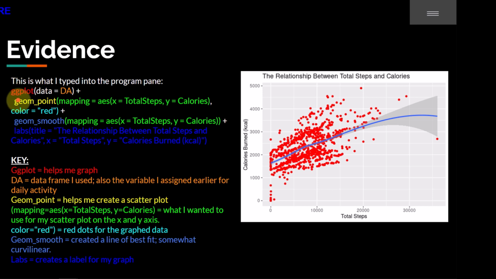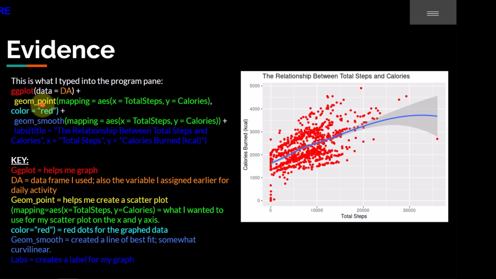Circle the word ggplot, and ggplot does what? It helps you graph it. The variable we used was what? DA represented what? Daily activity, right? It is the variable we assign for daily activity. Yes? So you're filling in now phase 5.